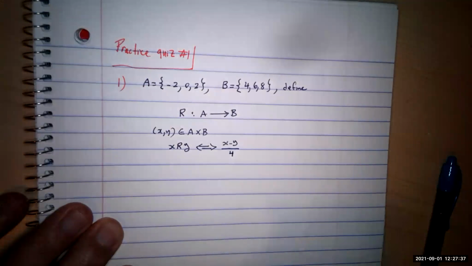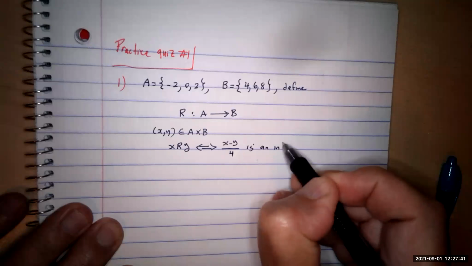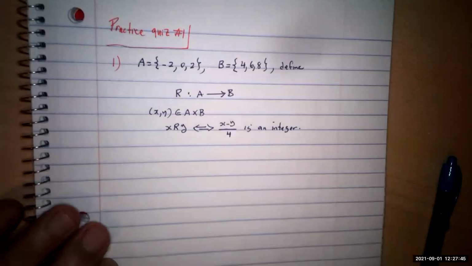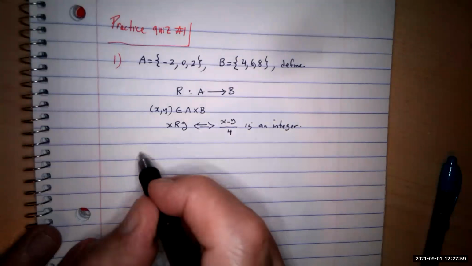If you divide it by 4, the result is an integer. This means that if you want to collect the members of your relation, the members must satisfy this condition. So we'd like you to list all the members of R